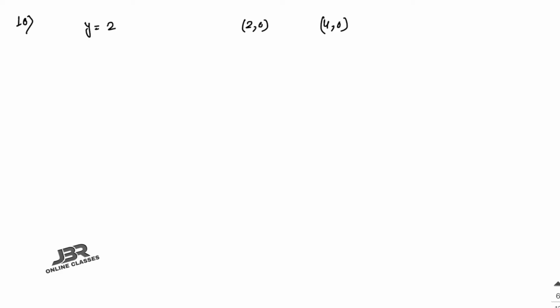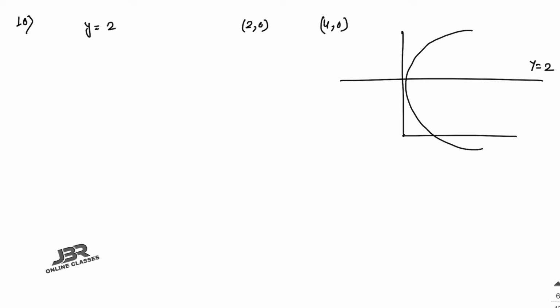Okay, so here suppose this one is the x-axis and that one is y equal to 2. So you can draw the circle in this way. It's a rough diagram. Suppose here this one is the center, and x comma 2 is the center, and you can join this one like in this way. It's no problem. Now in that case you can write down here 2 comma 0 and here 4 comma 0.